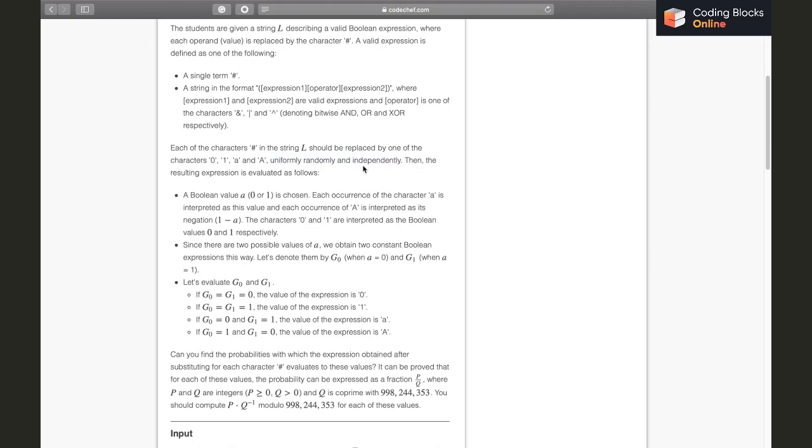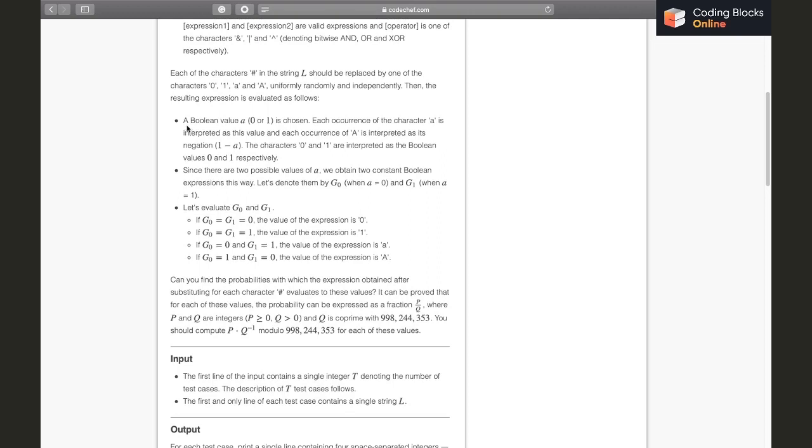So basically, the probability of each character being 0 or 1 or a or capital A will be 1 by 4, right? And the total number of valid expressions that will be formed will be 4 raised to the power number of hashes, right?